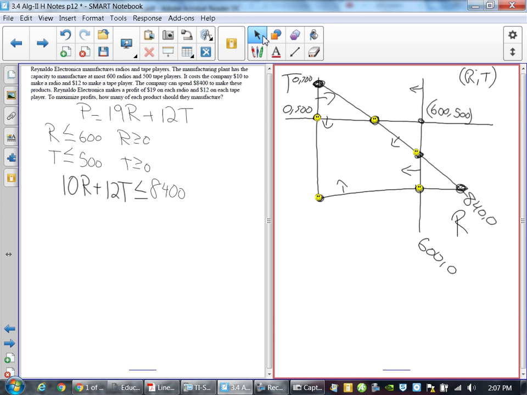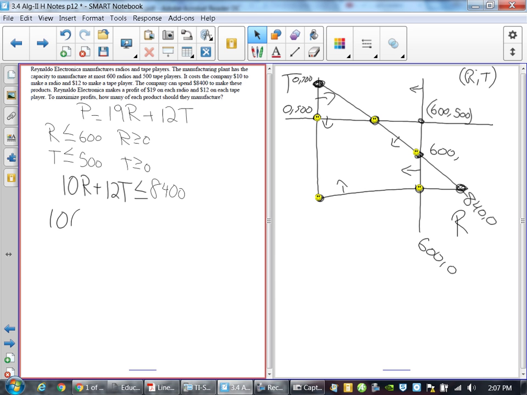We have 5 points to look at. We know 3 of them. And it's really nice that we have a vertical line, so we know the x value for one of them. And we have a horizontal line for the other one, so we know the y value, or r and t, excuse me. So if I use the r value here of 600,